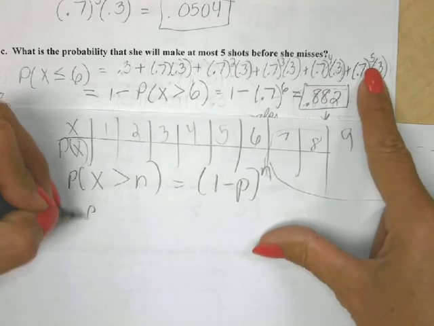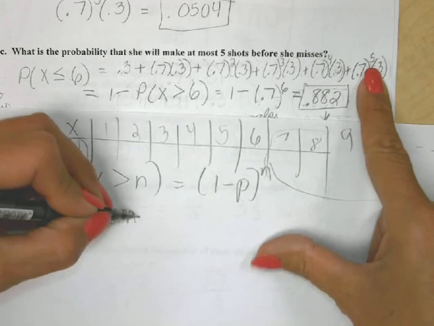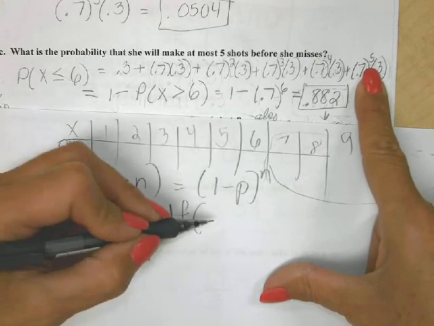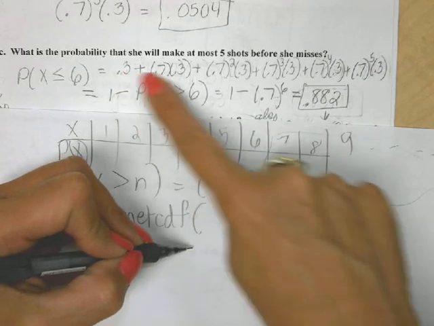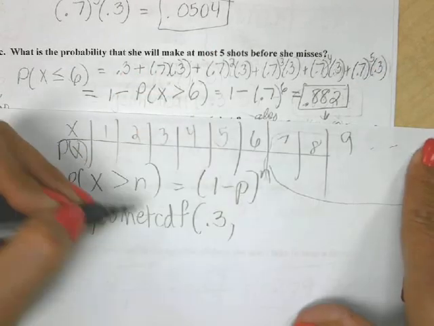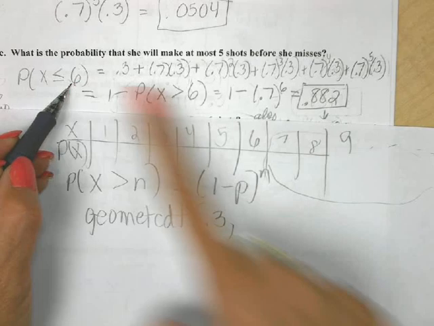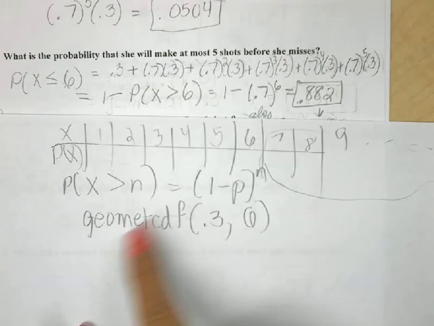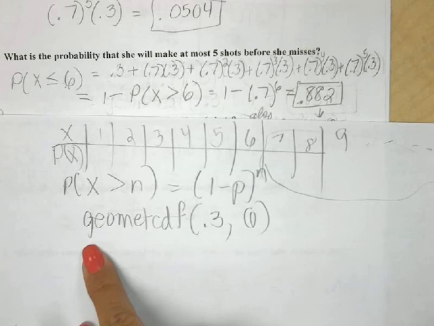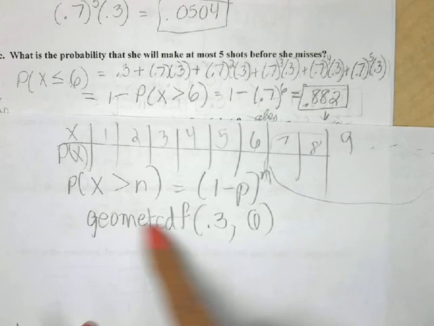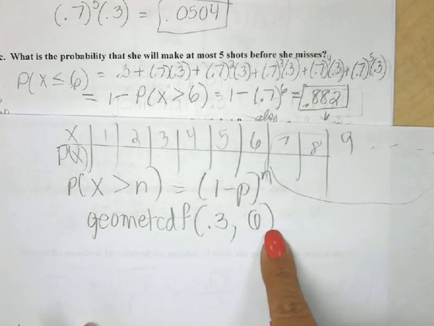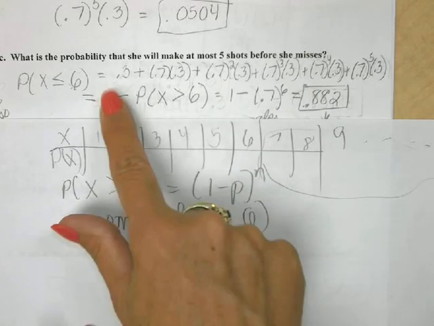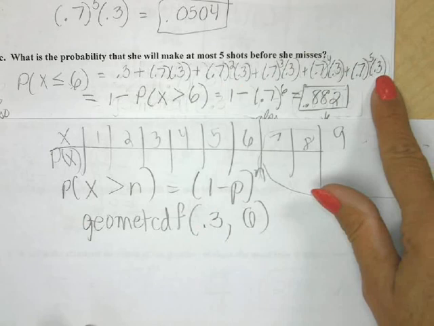The geometric CDF: if I type in the probability of finally getting the miss, 0.3, and type in 6, that will actually find all of these probabilities. But remember, on the AP exam and on our exams, this is not the appropriate way to write out your work. You'd either have to write this out or look at the trend of what happens here.